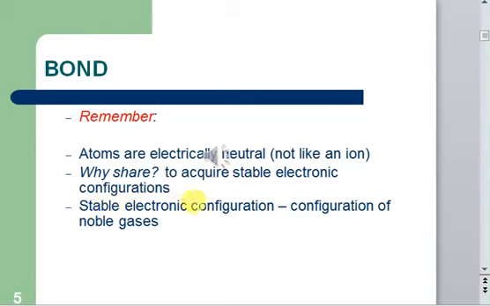And what do we mean by stable electronic configuration? That means the configuration of noble gases. The electronic configuration just means the arrangement of electrons around the atom, right? Configuration means arrangement, so electronic configuration means the arrangement of electrons around an atom. For an atom to become stable, it is necessary that it acquires the electronic configuration of noble gases. In short, we say that atoms have the tendency to complete their outermost shell,